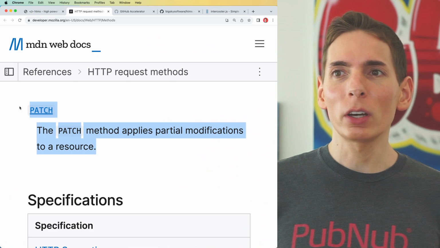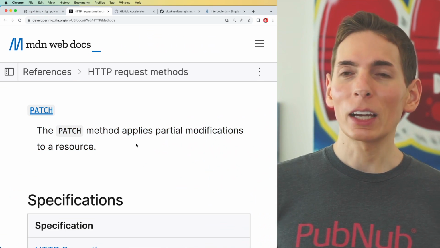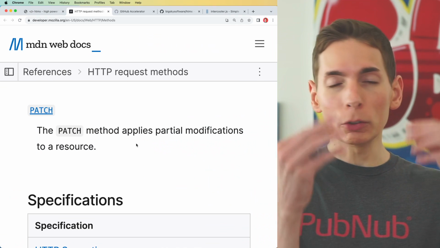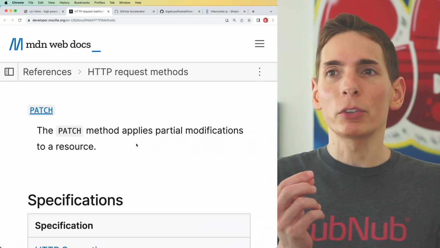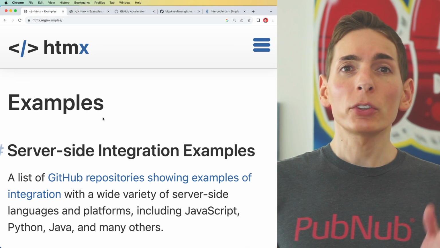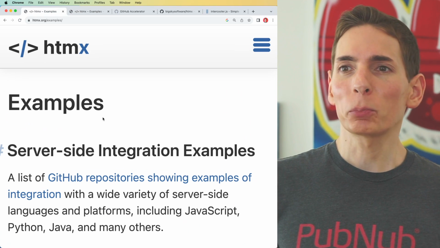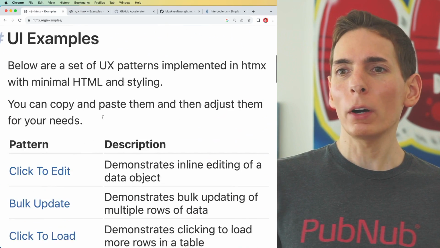And the patch, which is a modification of the server resource. Kind of like comparing that to a put, where a put will replace the entire object. You can say maybe update just the first name of a user, for example, with a patch. What's great is they provide a lot of examples here, and probably the most important one is the initial click